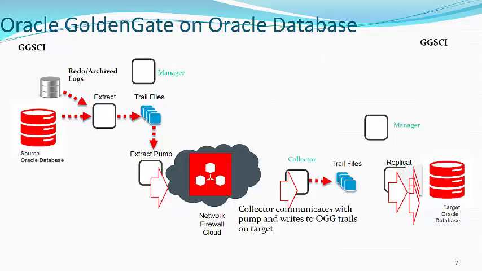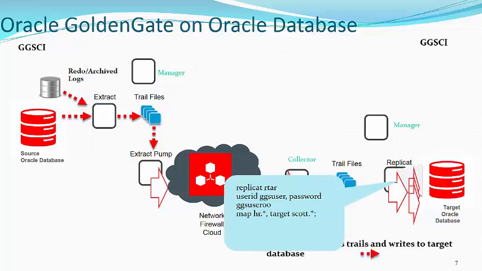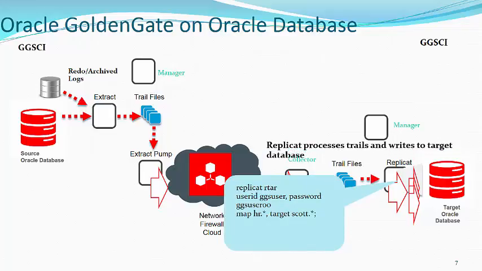So on the target server, there's a process called a collector. The collector communicates with the pumps and writes the GoldenGate trails onto the target. So basically, the collector and extract pump talk to each other. It moves the trails on the source side and writes them on the target. And then the replicat will read the trails and write them to the target